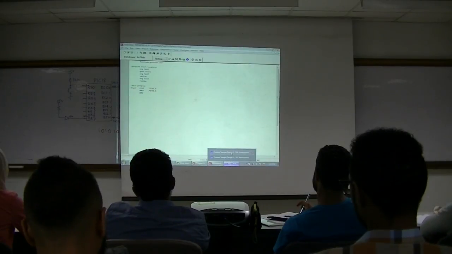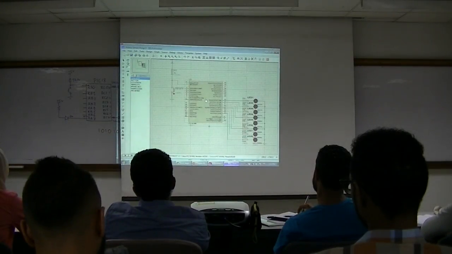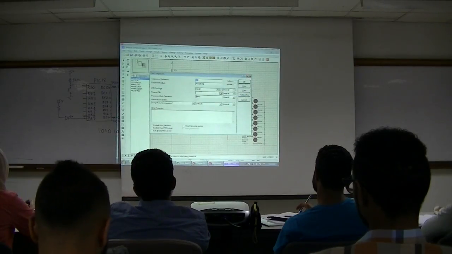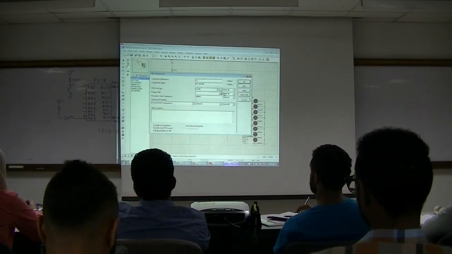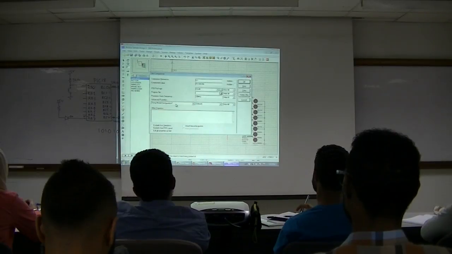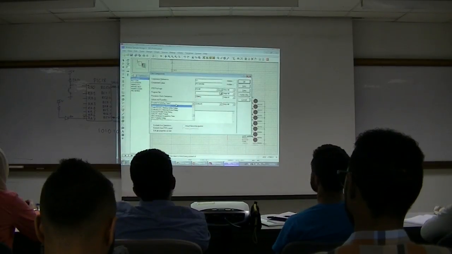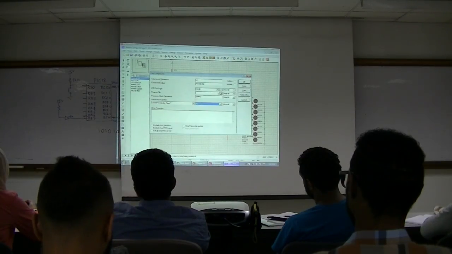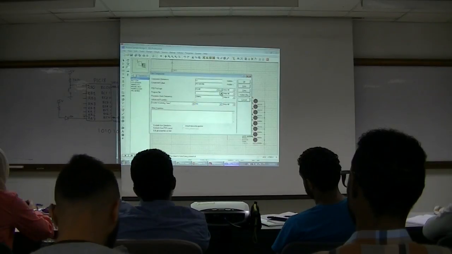So when I go to my Proteus design, I right click and go to edit properties. I'm going to set the frequency as 20, just to get into the habit that the real hardware uses 20. Then in the advanced properties, always disable the watchdog timer. You can also do it in the configuration page. So in the program file,